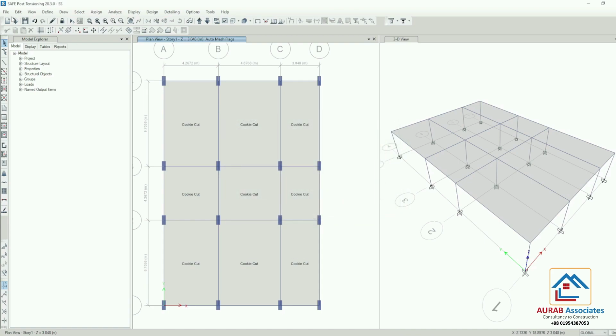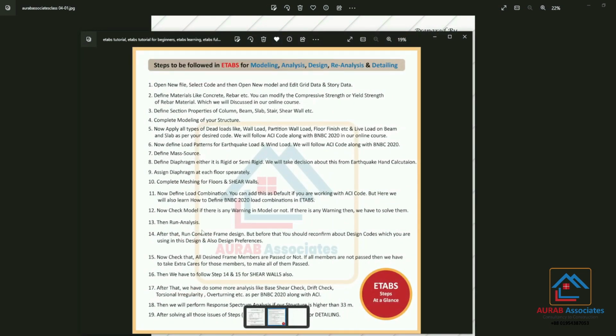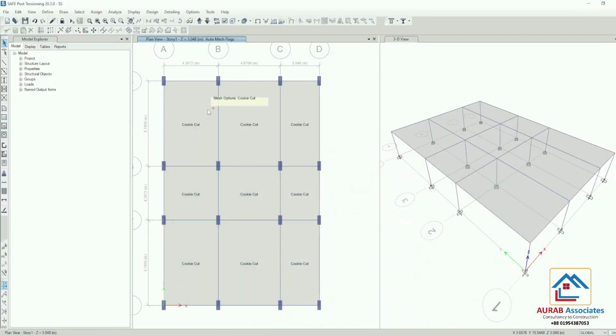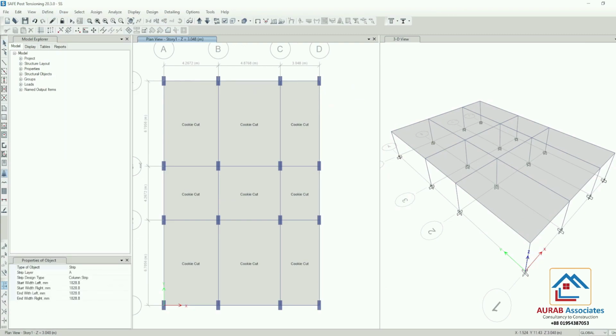Okay, now what we can do, we can go for run analysis. Okay, here in SAFE we need to define design strips also. So go to draw, go to design strip.